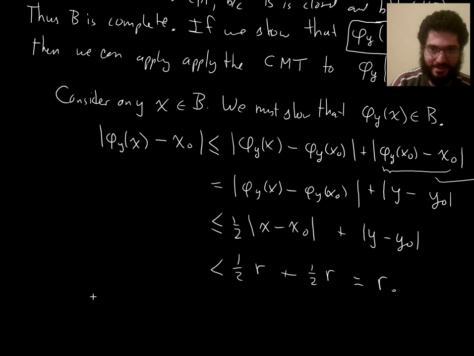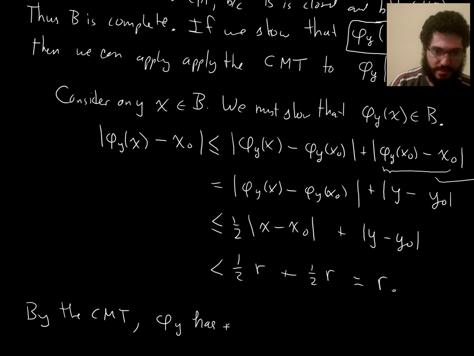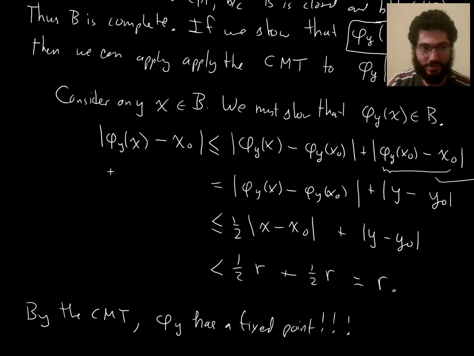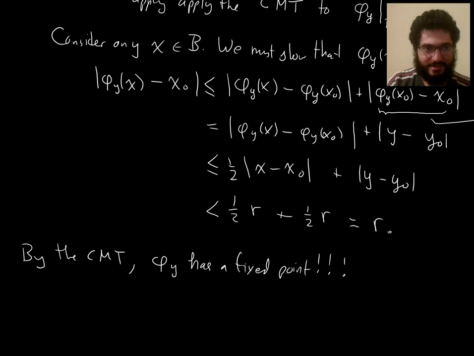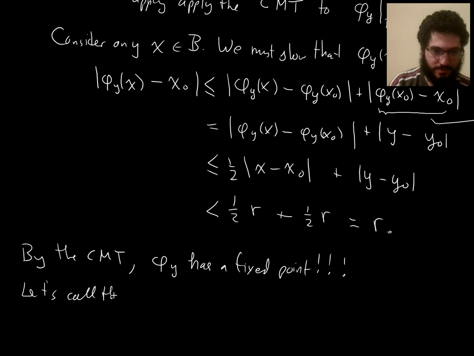Okay, now we can apply the contraction mapping theorem. By the contraction mapping theorem, phi sub y has a fixed point. And now we're very excited because we have just worked hard and applied a powerful theorem. Oh, so not just phi sub y restricted to B, right? We're using the completeness of the metric space B. So let's call the fixed point